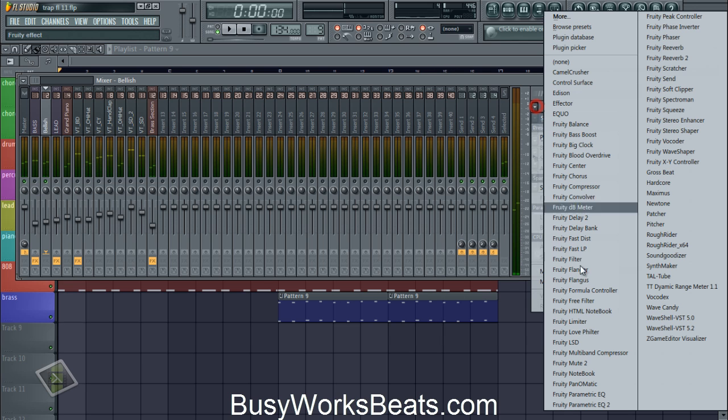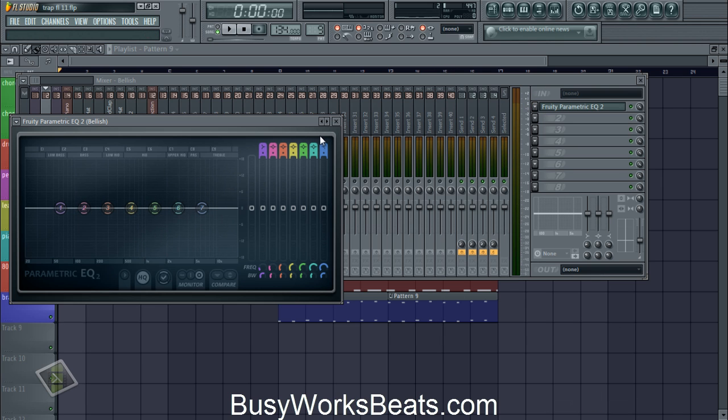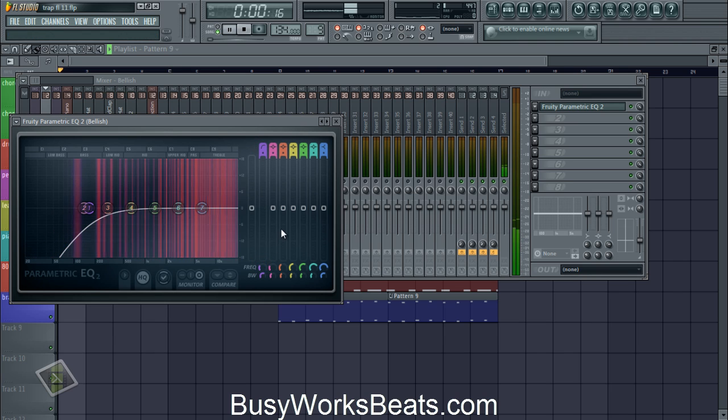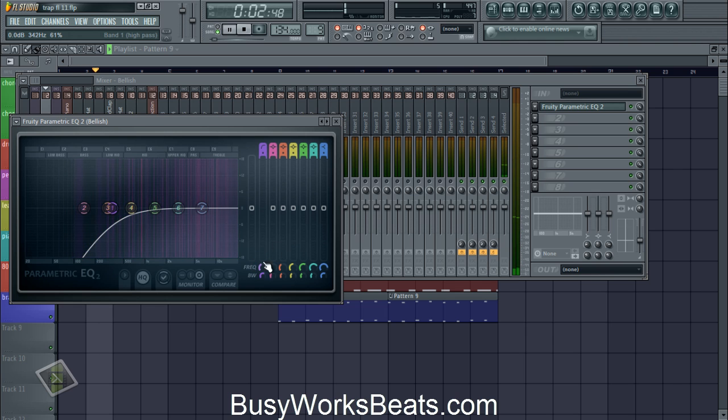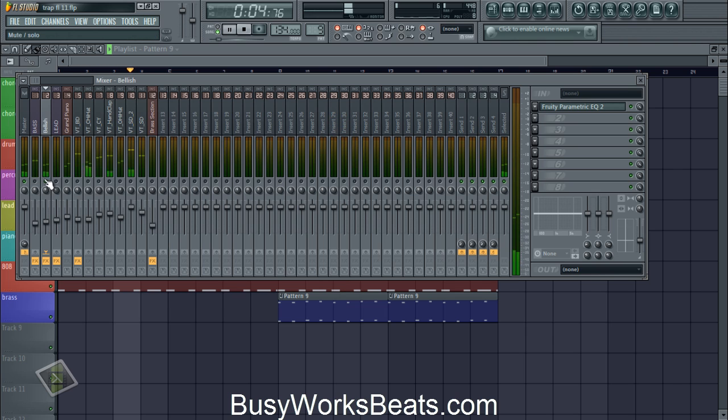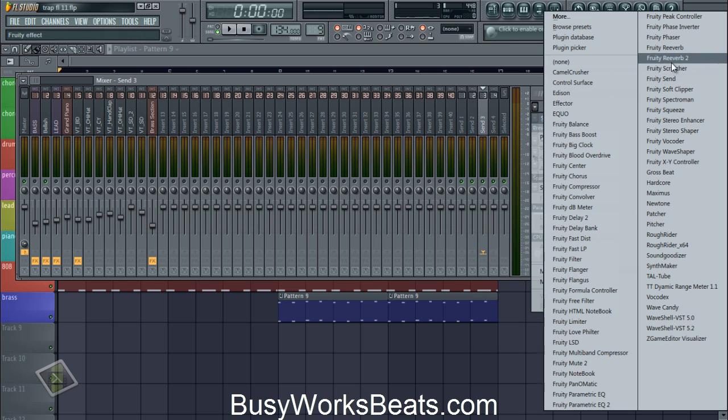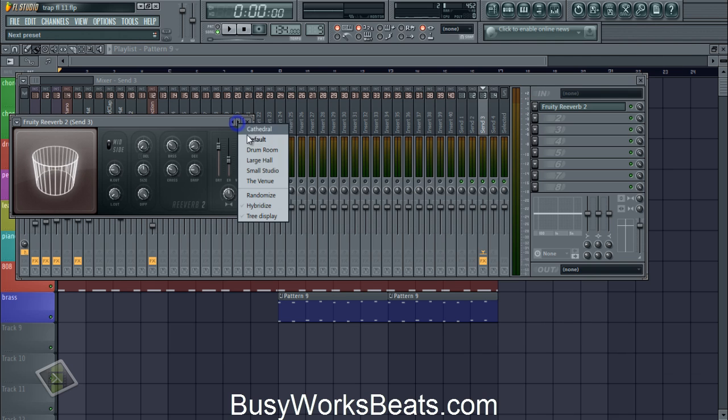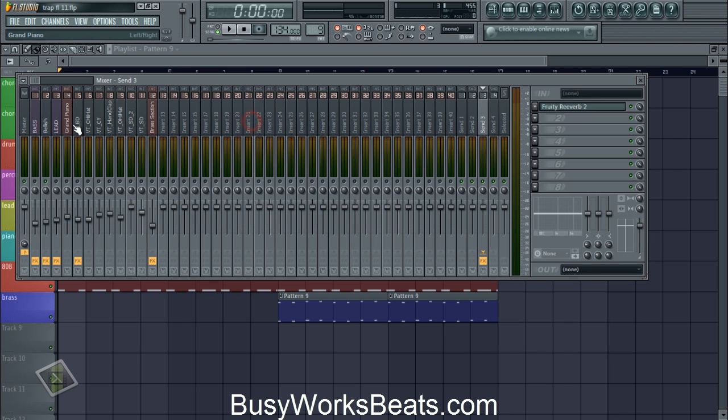For the bellish noise, we're going to open up parametric EQ2, give it a high pass filter, and slide the frequency over. Also, I'm going to put on Send 3, auxiliary Send 3 is going to be a fruity reverb 2. Now I can't explain how auxiliary sends work, so if you don't know, you don't know. Just follow along. Hit large hall, and we're going to tell bellish to mix into the large hall Send 3.